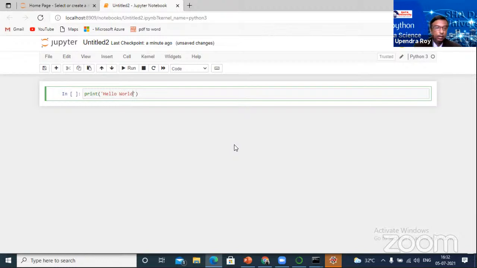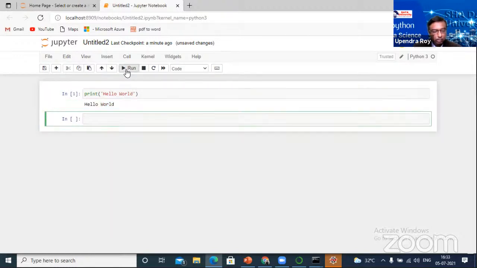This is a one line code I have written. Now I have to execute this. To execute, you can click on Run. This will show you the output. So just click on Run. See,